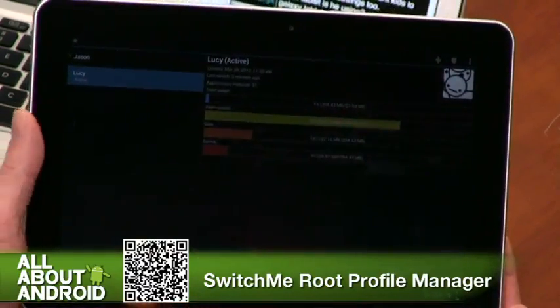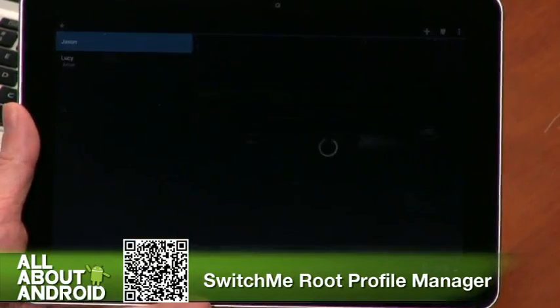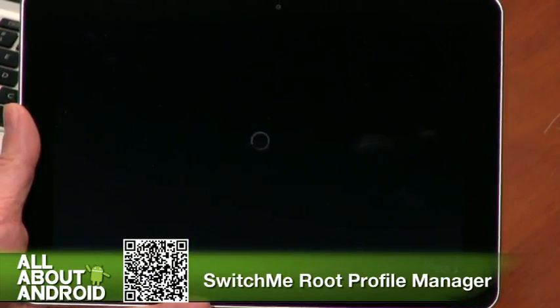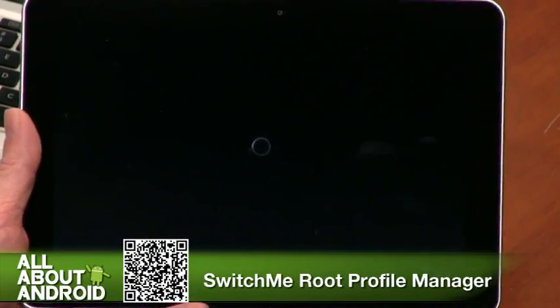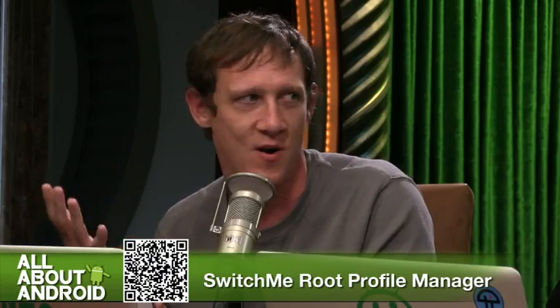Yeah, so I'm sorry that it's a little dark here, but anyways, all I have to do is go back to Switch Me. I can go back over to JSON, switch over, and it'll do the switch automatically. It's really easy to do, and it actually took no time to get this set up. Once I had it installed, you create a new profile or whatever, and it's basically creating a new instance of the ROM that you're running. And it was very quick. It was like in 2 minutes, it was booted into it, and I was setting it up.